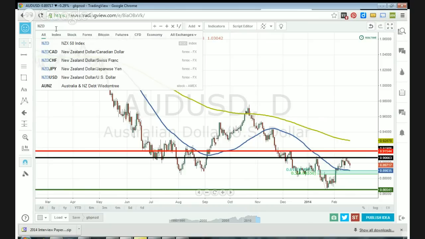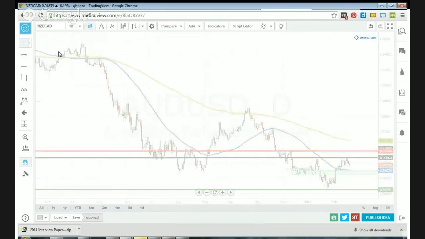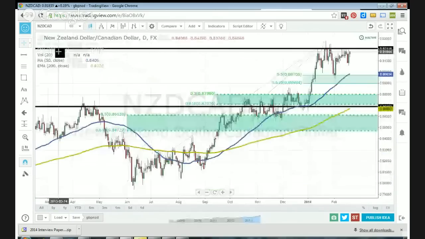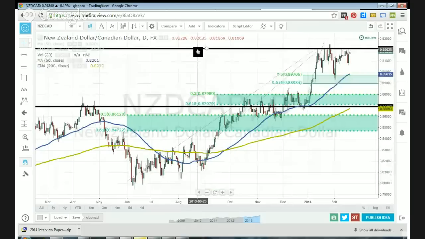Okay, so that does it for the Australian dollar. Now let's look at the Kiwi Canada. Still at this resistance level, this could be a really good counter trend trade. I'm going to hold off on it for now because the weekly chart is just so bullish that